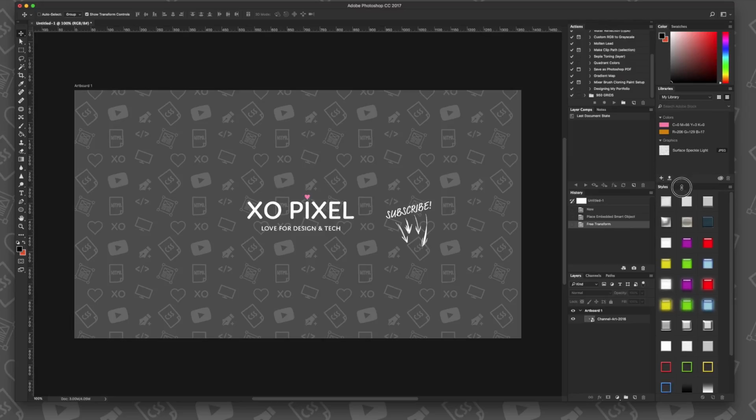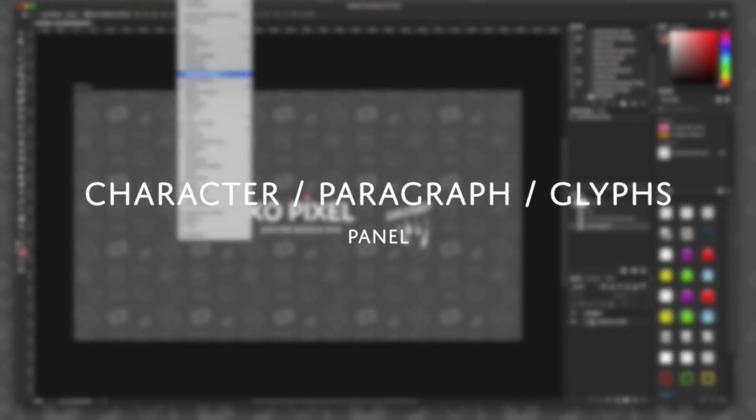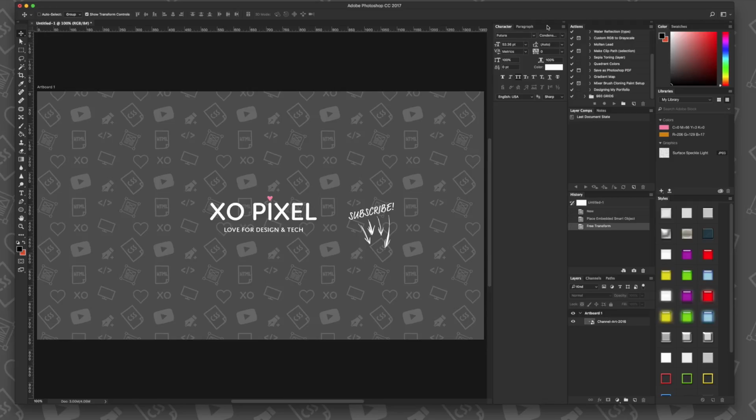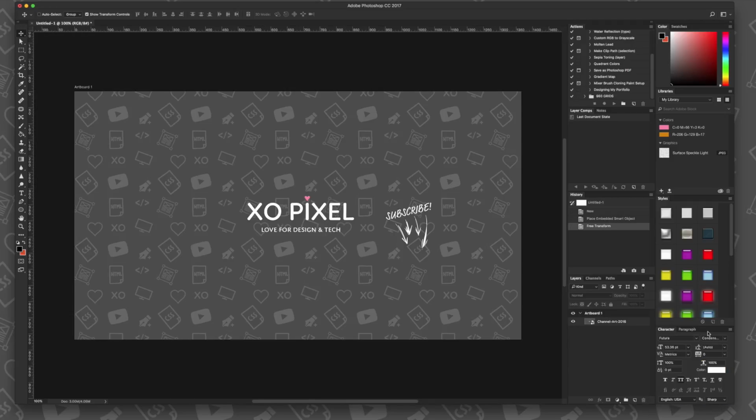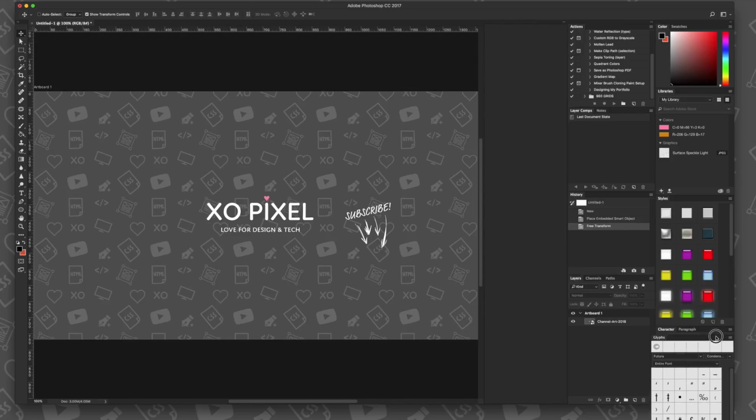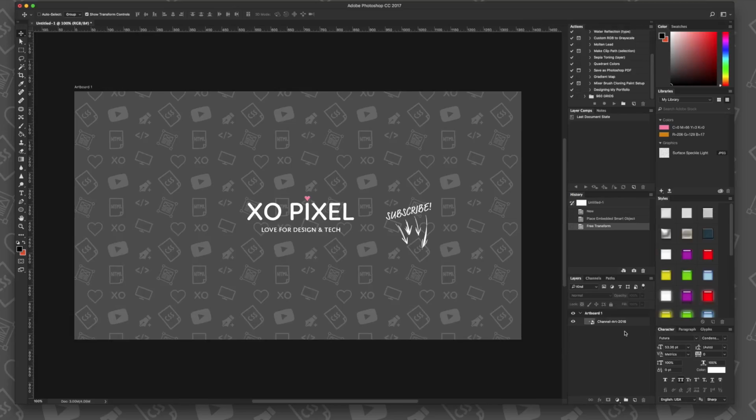buttons in my mockup. This panel has three windows: character, paragraph, and glyphs. It's important to have access to these text panels as you're designing your mockup. The text on a website is a vital part of the website's overall design. Without including this panel in your workspace setup, you might miss some important styling features that you can apply to